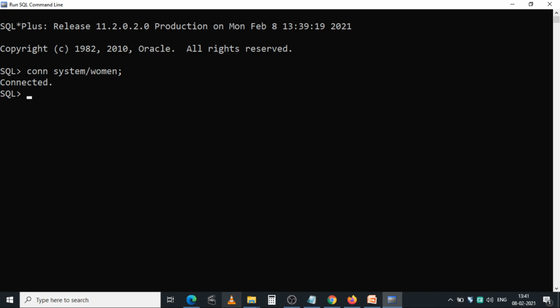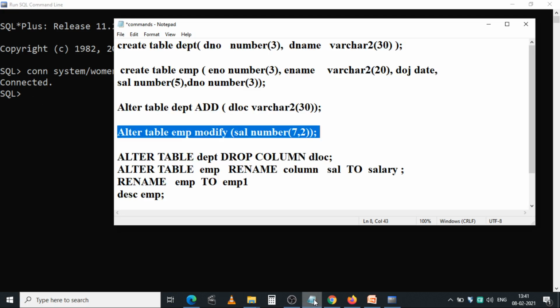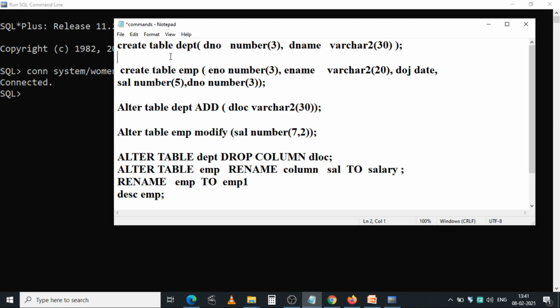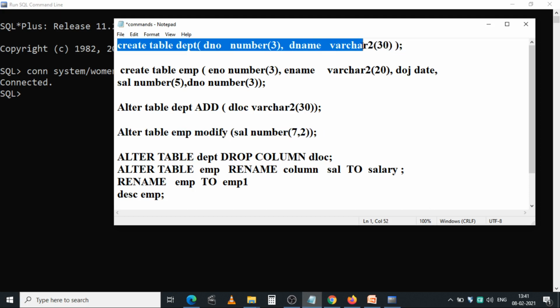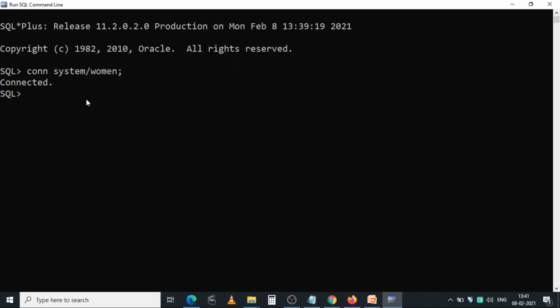First of all, I have to create a department table. I already typed these commands in Notepad. Just select this command, copy, and coming near the SQL prompt, paste it and press enter. It displays table created.